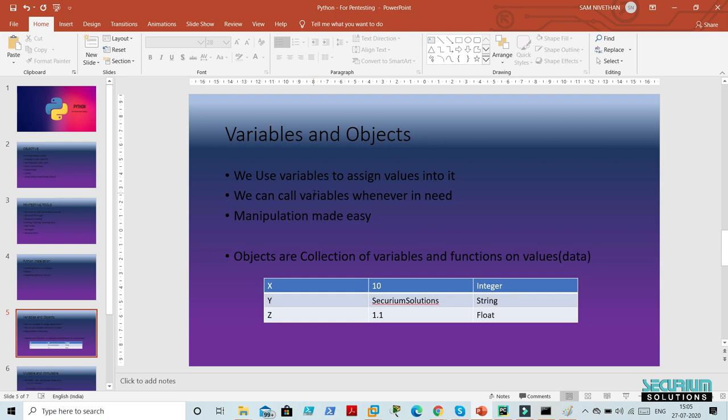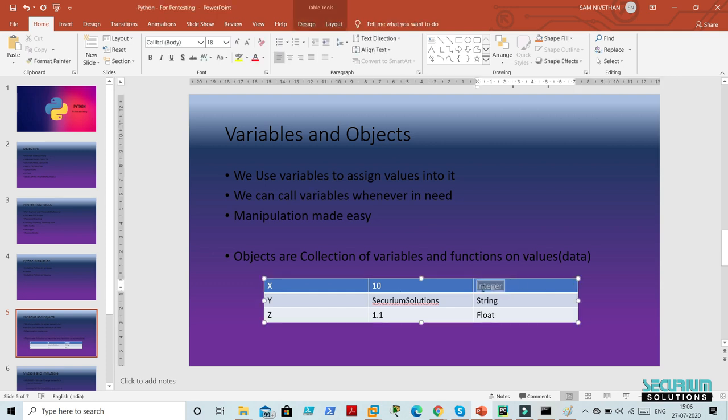So when you're having a bunch of code that holds 1,000 or more than 1,000 lines, you don't need to change the values at each and every line. When you change the values of particular variables, or when you are defining the variables, that's enough, the whole set of variables that you used in the whole program get changed with the new values that you assign. Okay, and you can see if I just give x with the value 10 with the type integer,